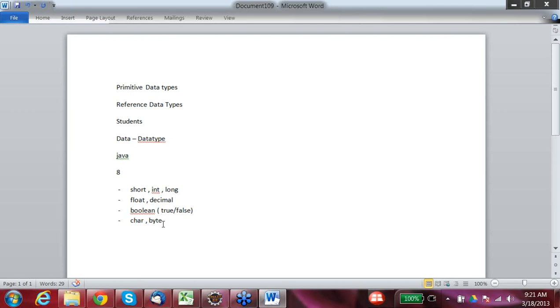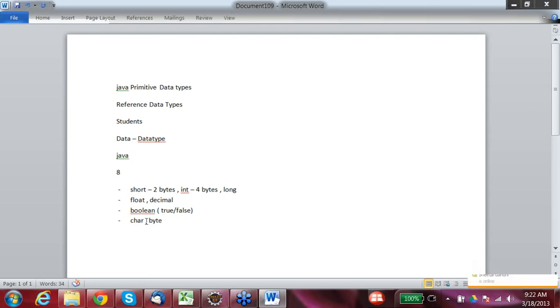And then we have byte also. All these data types take different sizes. For example, short takes 2 bytes to store and int takes 4 bytes. For every programming language the size might vary. We are talking about Java primitive data types; if you are working in C++ or C Sharp, it might be different.